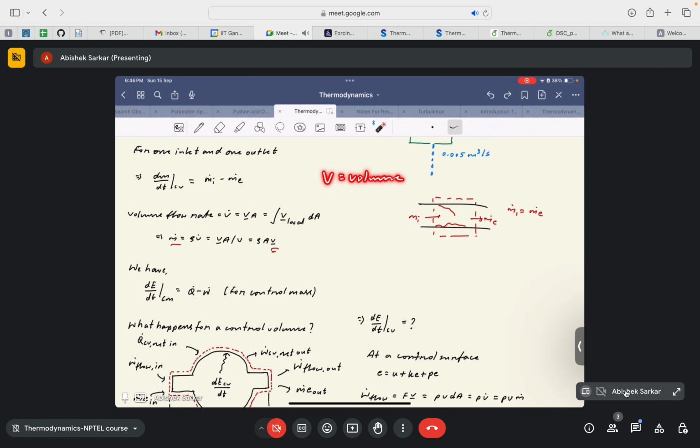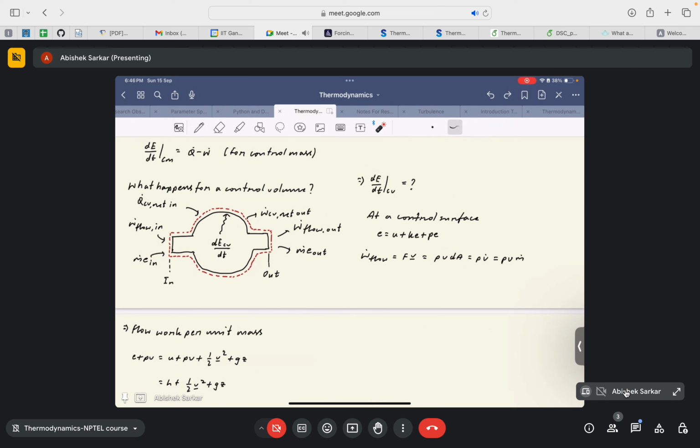small v is specific volume, and bold V or with the vector sign is velocity. Okay, so there are lots of V in this analysis, so students might get confused sometimes. So I'm just pointing it out beforehand, and if there's any confusion in the derivations, just let me know. Okay, of course I will not go into derivation, but when we are solving problems and you are confused with any terms in the question, you can just stop me and ask. Okay,